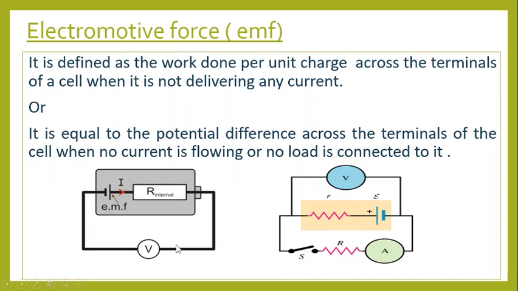So in summary, if we are measuring the potential difference of a cell when no load is connected to it, meaning no resistor or any other kind of thing that the battery can power is attached to it, we are not using that battery to power a recharge, or something like a torchlight and so on, then what you are measuring is what we refer to as electromotive force. Or when a load is attached to it, but it is an open circuit, meaning no current is flowing, in that case, you are still dealing with electromotive force.